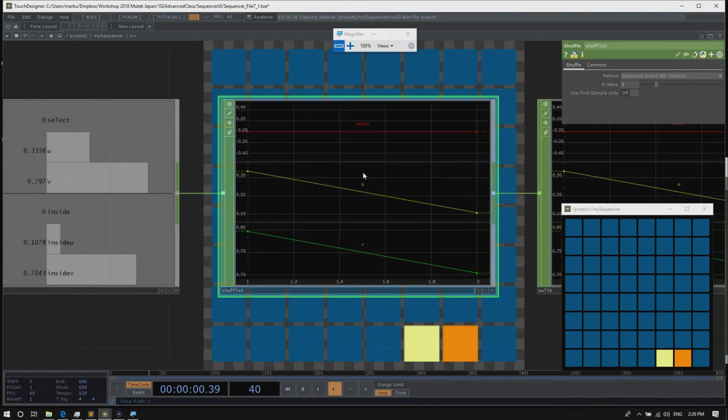The shuffle CHOP is extremely valuable for lots of reasons.